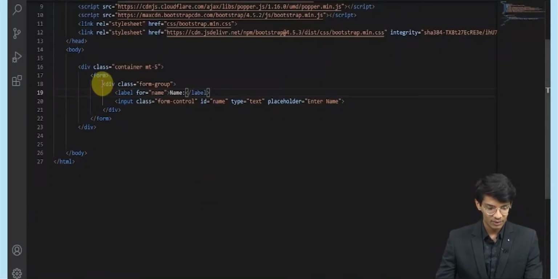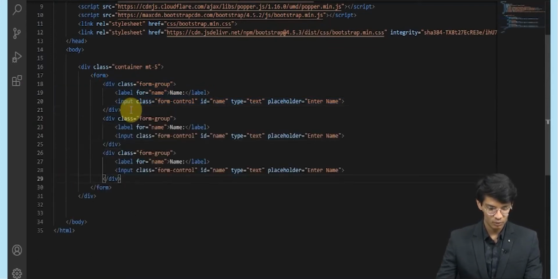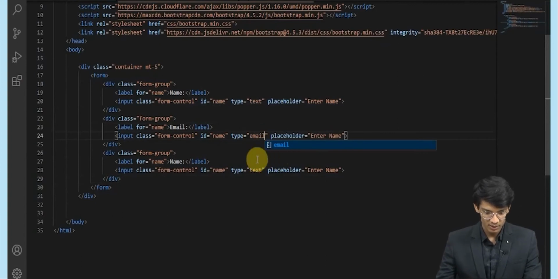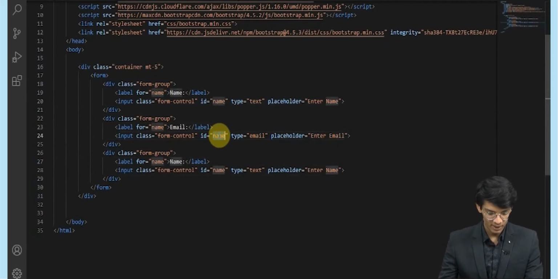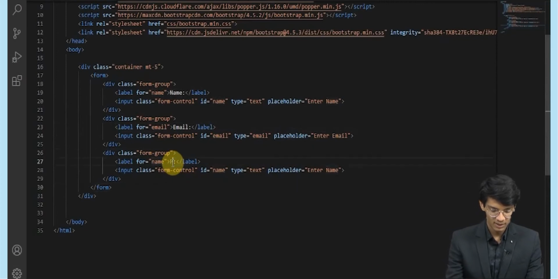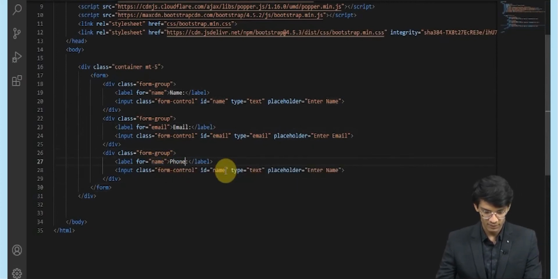Like this only, we will copy that and paste it 2 more times. We will take email over here and change the type to email. Enter email, ID would be email, and we'll copy that and write for email. After that we will take phone number as well.